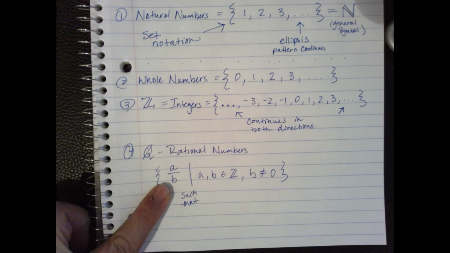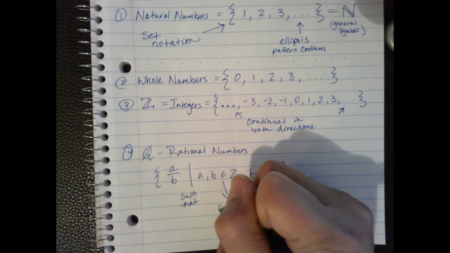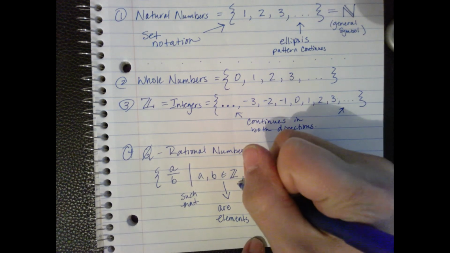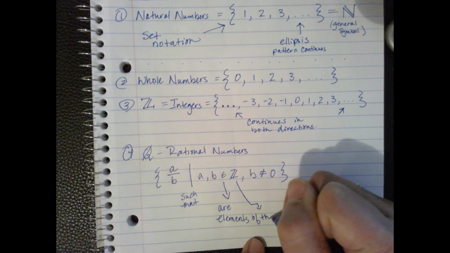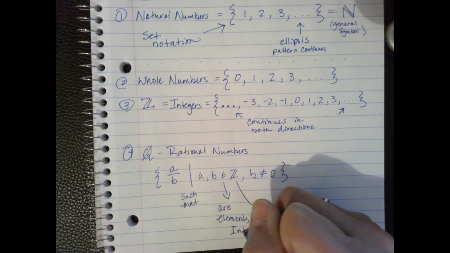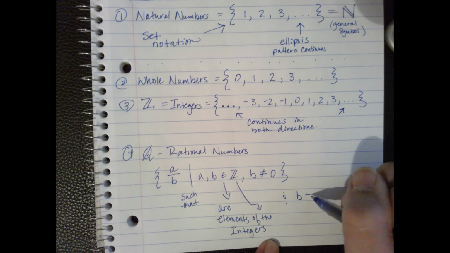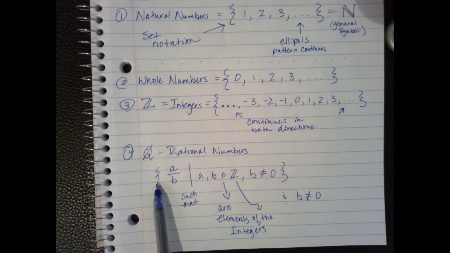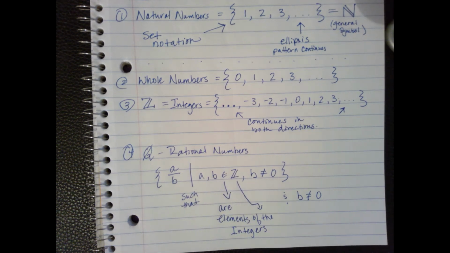So numbers A over B such that A and B are elements of the integers and B is not equal to 0. Okay, so the rational numbers are numbers of the form A over B, where A and B are integers and B is not equal to 0. Okay,